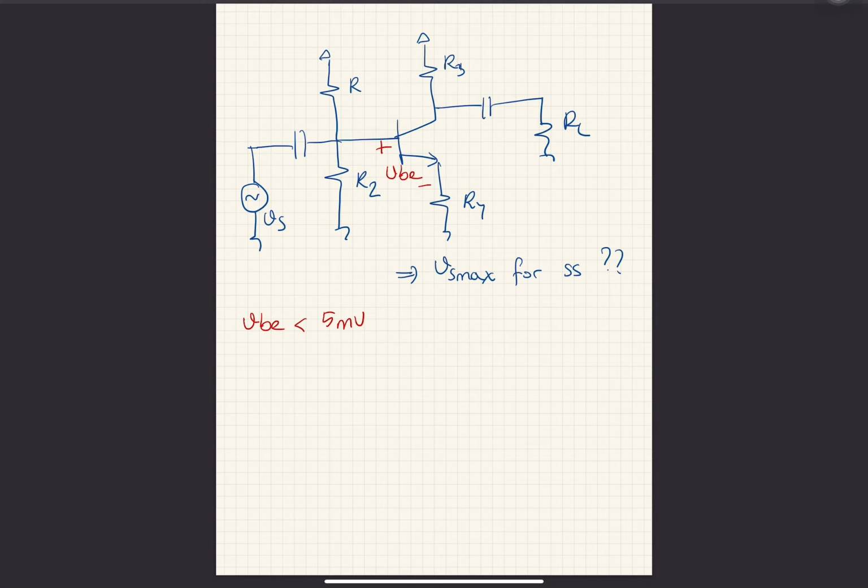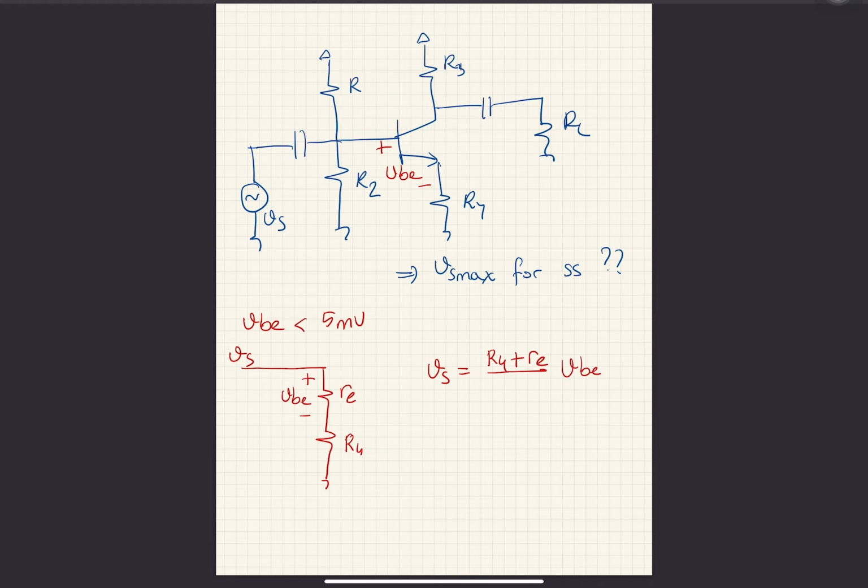So thinking about the T model, R4, RE, VBE. Since I don't have any source resistance, this is Vs. So I can say that Vs is equal to R4 plus RE times VBE